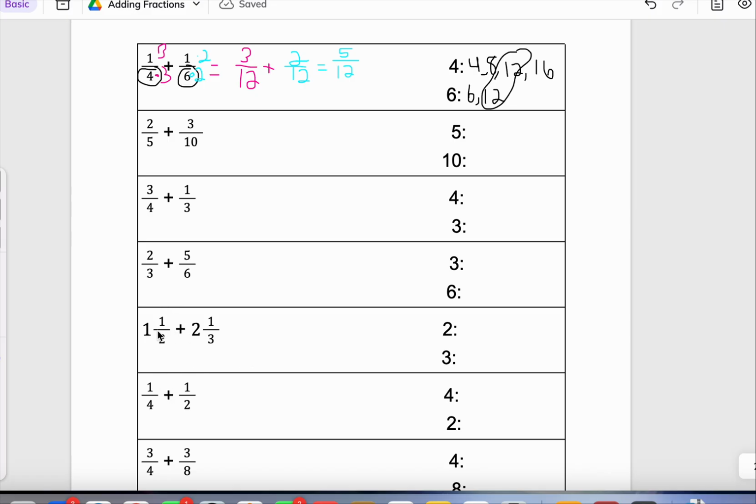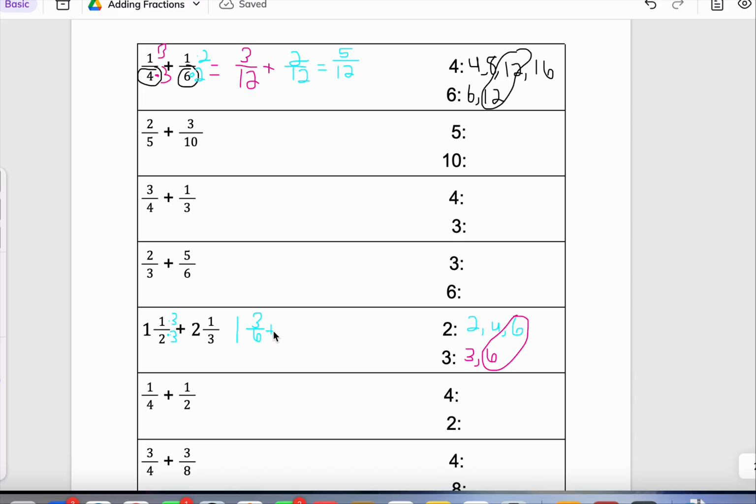So I have to find a common denominator between the 2 and the 3. So I come over here and find multiples. 2, 4, 6 are multiples of 2. 3's multiples are 3, 6, and I can stop right there because 6 is common. So I'm going to convert 1/2 to sixths. In order to get to 6, I have to multiply 2 by 3 and 1 by 3, because remember, if you multiply the denominator, you have to multiply the numerator. So that's 1 3/6